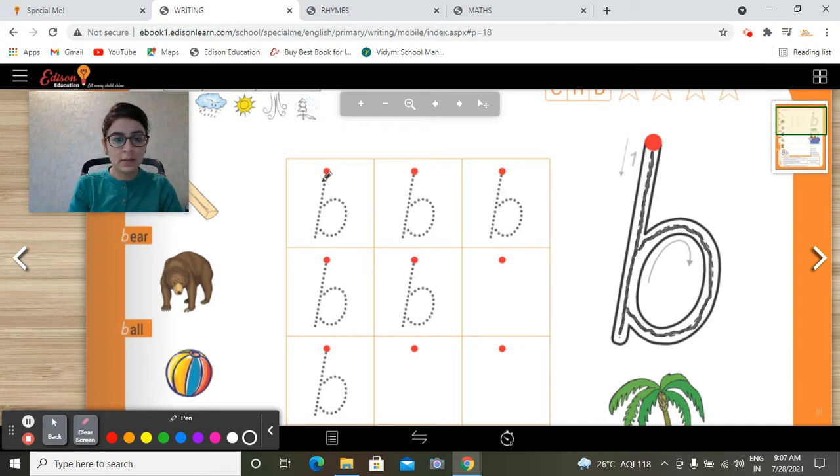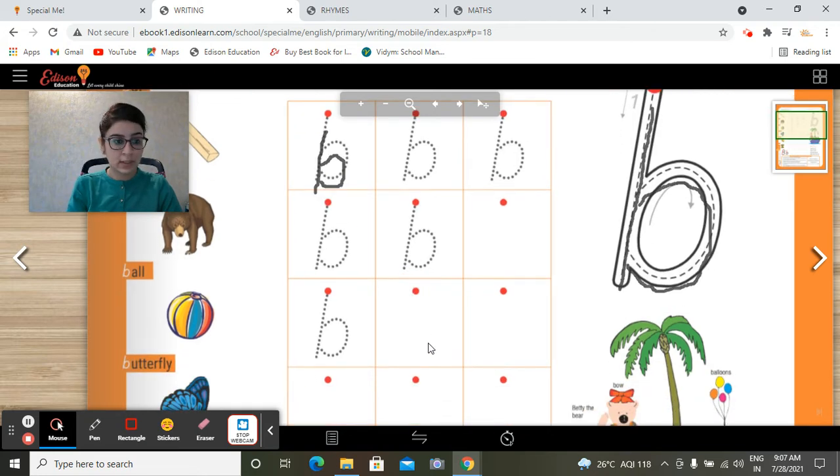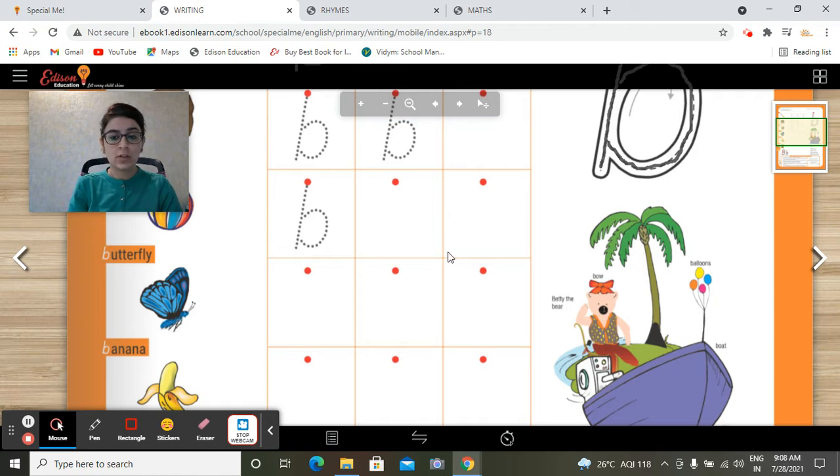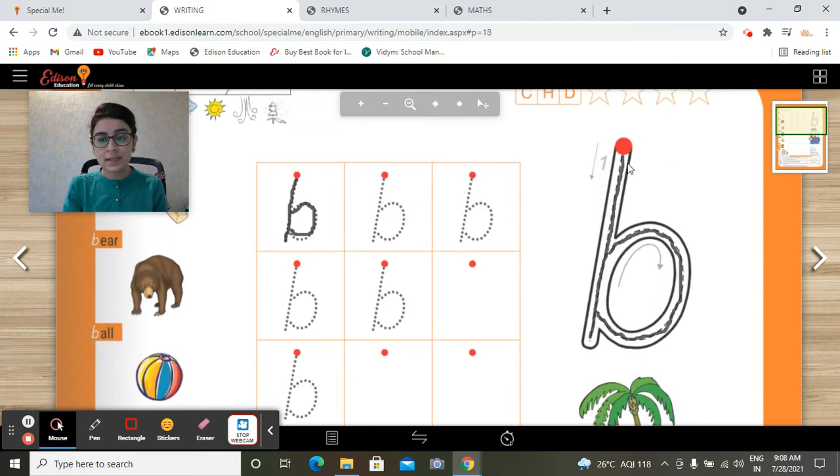Parents, please make sure for one day you will only complete tracing letters, not more than that. Only the child will cover the tracing of letter B. Writing on the single dot, we will do on another day. Tell them to form a line first, then a curve. So this is letter B.